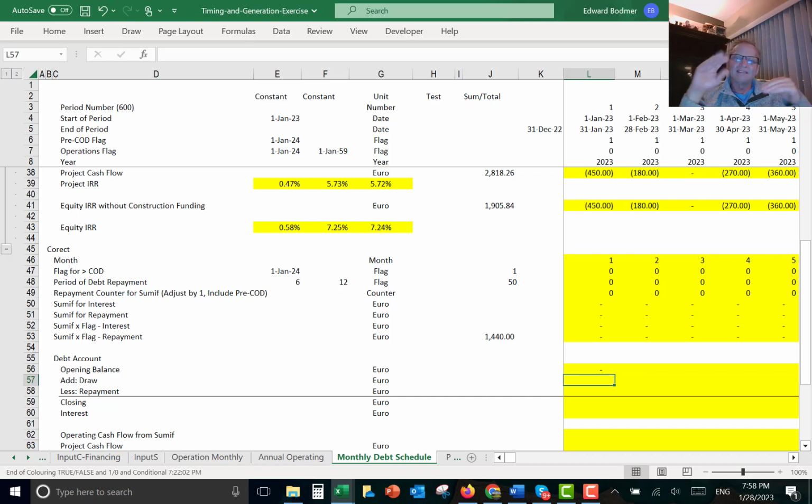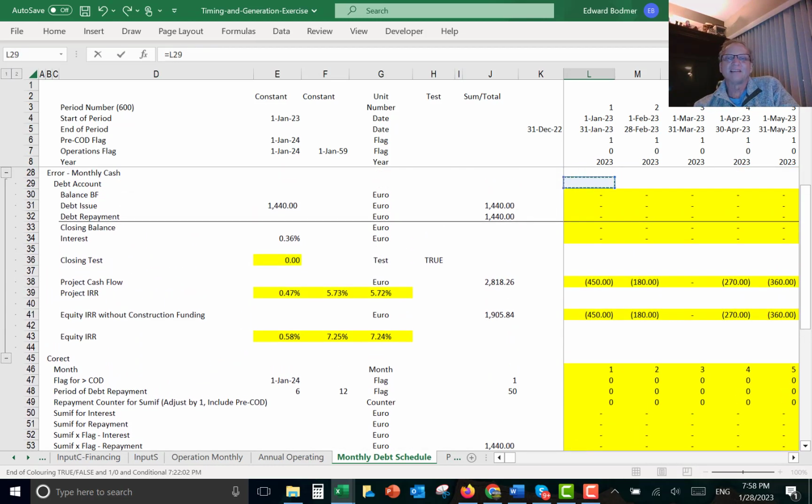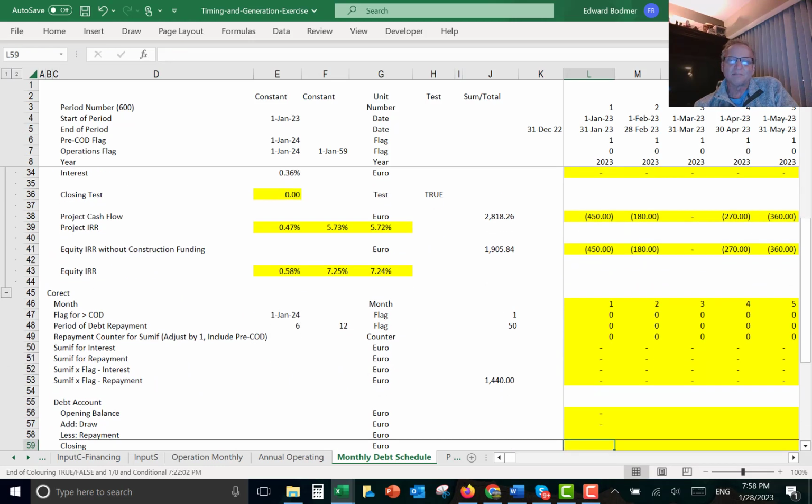But you can see how it works, and hopefully you won't be intimidated about it eventually. So I put the draws, and then I put the repayment, which is the periodic repayment, and then